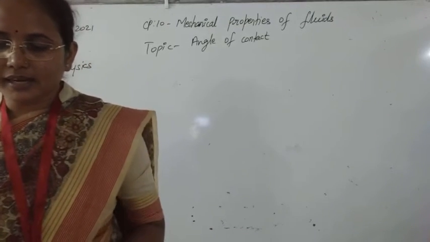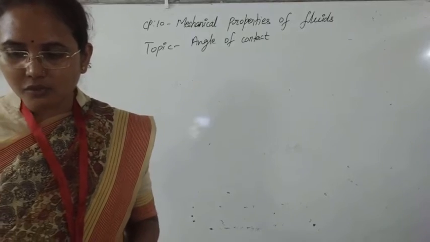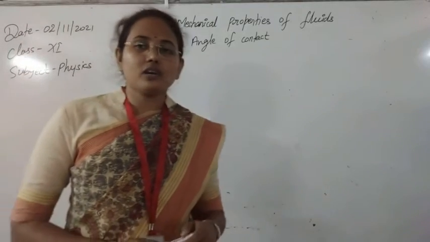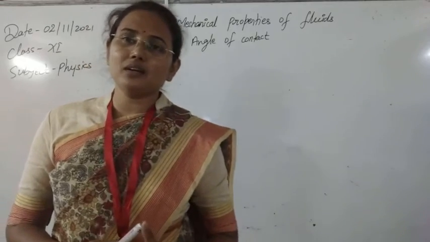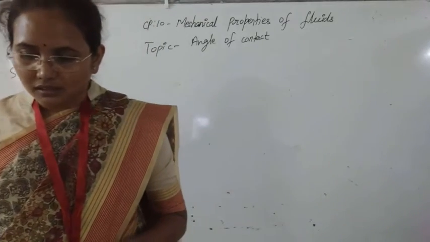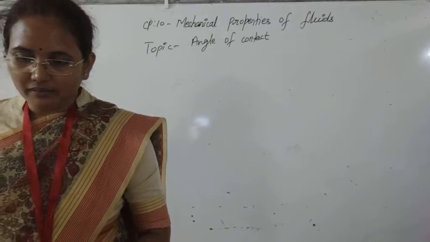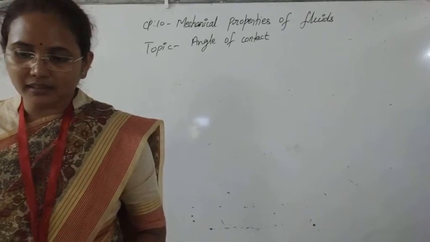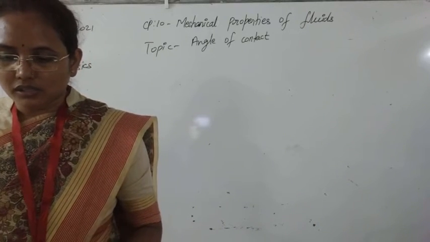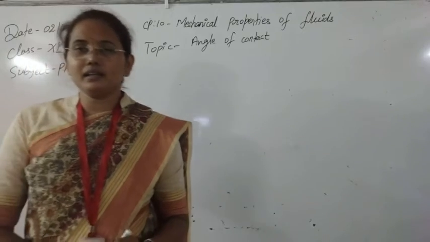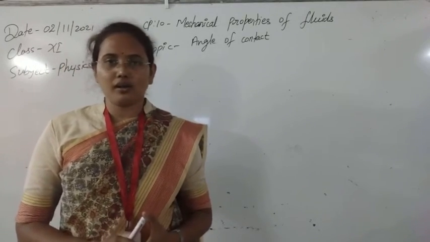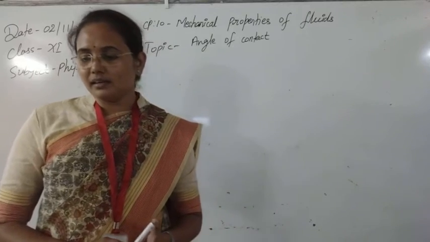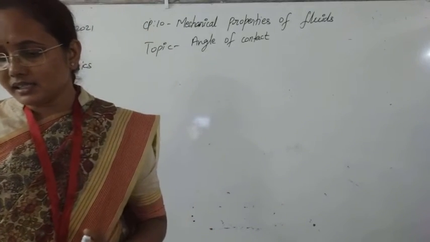Now, it is independent of the inclination of the solid to the liquid surface. It does not depend on the angle at which the solid surface is inclined to the liquid surface. It is fixed for a given pair of solid and liquid and the surrounding media. So these are the things on which the angle of contact depends or does not depend. I think this is clear. Now let's see the next concept, students.